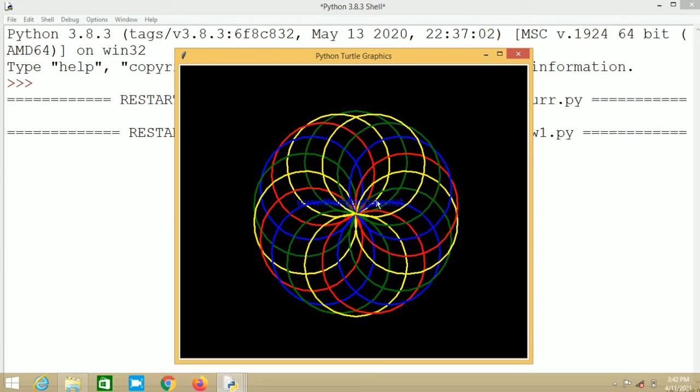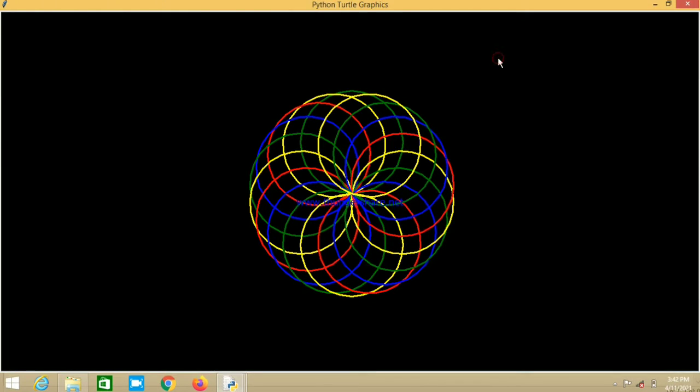So you can see, my dear viewers, that this is the magic of the turtle programming in Python. Not only this, there are a number of patterns that you can create, and your kids can learn programming very easily. It is the best feature of Python that they can start with and enjoy this particular language.